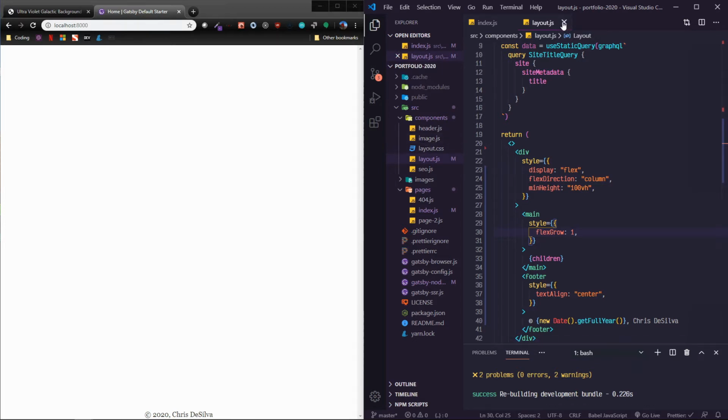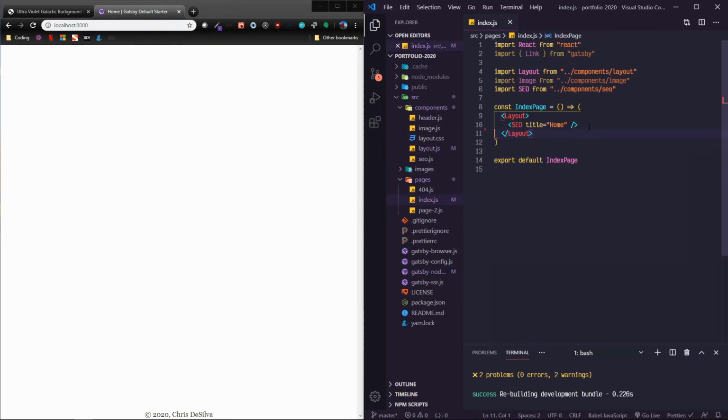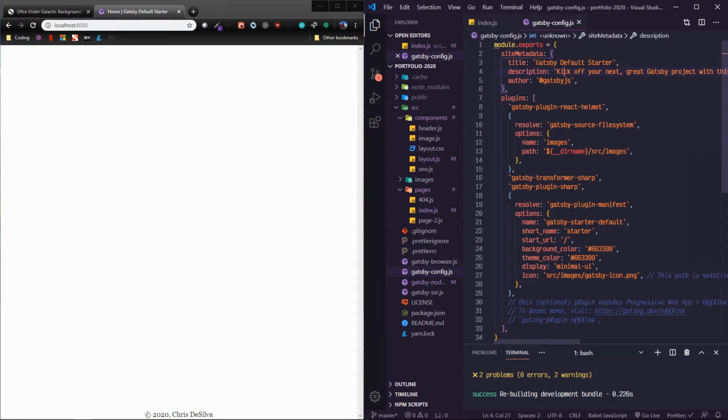So we can close that up. And now onto our index. So this SEO component is nice. It's passing in our home page and then the Gatsby default starter. Let's go ahead and update that. So instead of Gatsby default starter, you can put your name